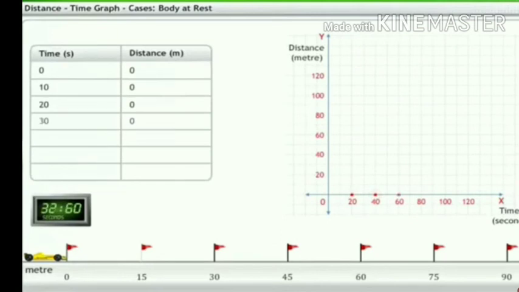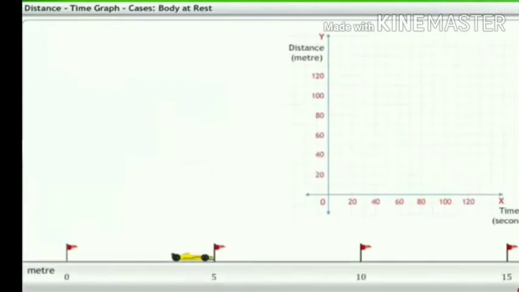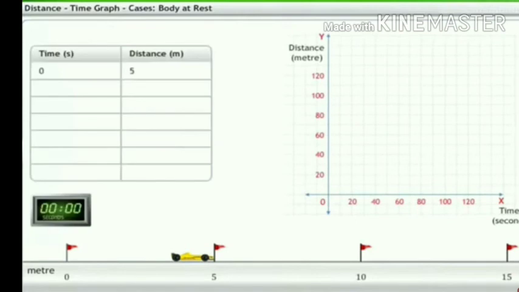So the object is accelerating. But another example we can see is if a given car is covering unequal distance in equal intervals of time, that is, a body has non-uniform acceleration if its velocity increases by unequal amounts in equal intervals of time. A body has non-uniform acceleration if its velocity changes at a non-uniform rate. So from this graph, you will see that the speed or velocity of a car running on a crowded city road changes continuously.